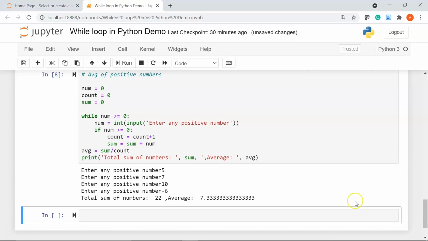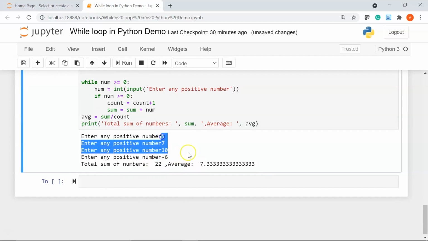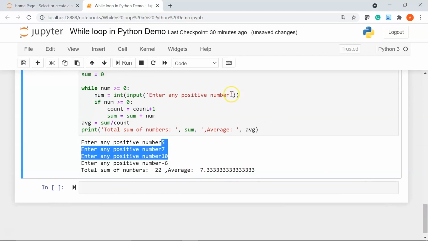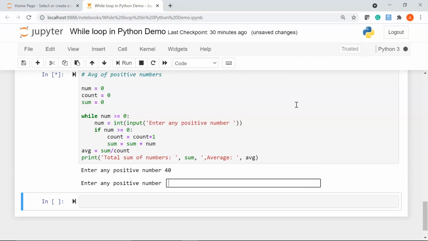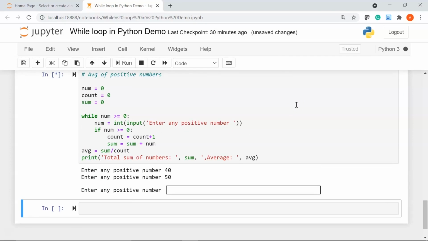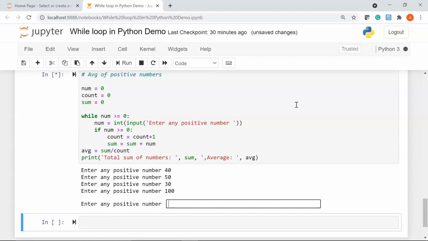If I run it, you can see here the total sum of numbers 5 plus 7 plus 10 is 22, and the average is 22 divided by 3, which is 7.33. Alright, let me give a space here for more readability. We are going to try it again. I'll say 40, 50, 30, and let's say 100.